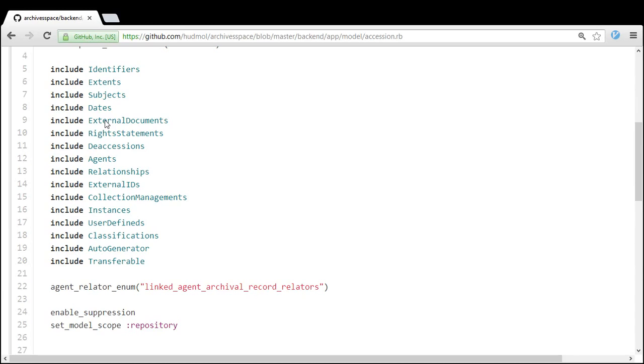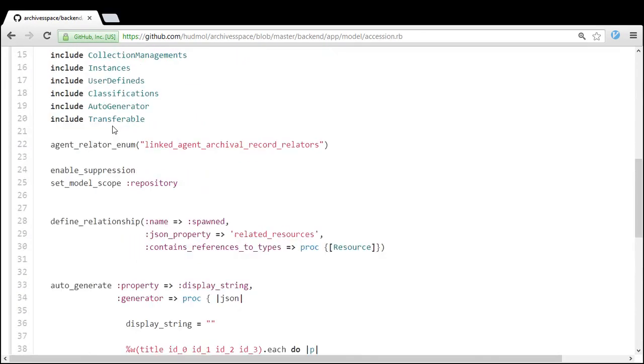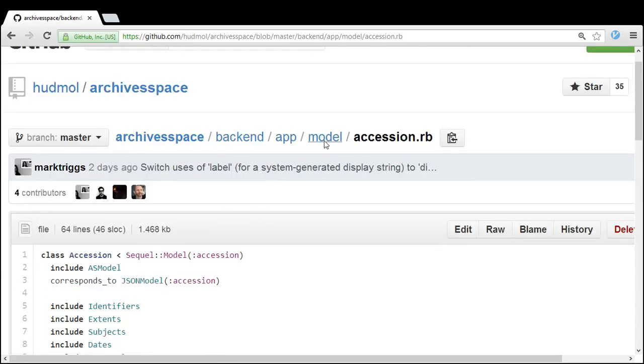So we said that the model layer of the backend is really interested in taking JSON model records and storing them in the database, and then performing the reverse translation of taking them out of the database and back into JSON model records. But as we scroll down this model, obviously there's nothing here that really does any of that. And so the place we need to look to find that behavior is actually this top AS model mix-in. So the AS model mix-in is added to all of the models in the backend, and it provides the very primitive methods for saving something to the database and getting it out again, and all of the different models will use this. So I'm going to jump to that now,